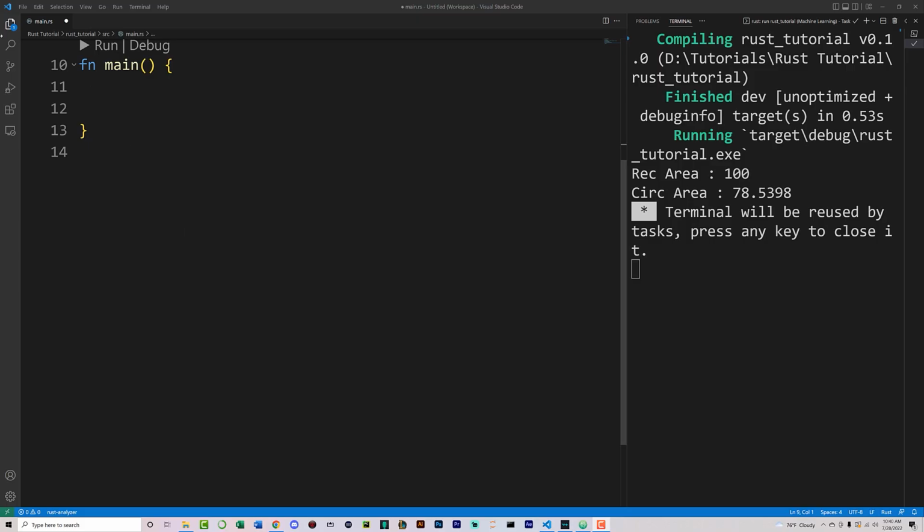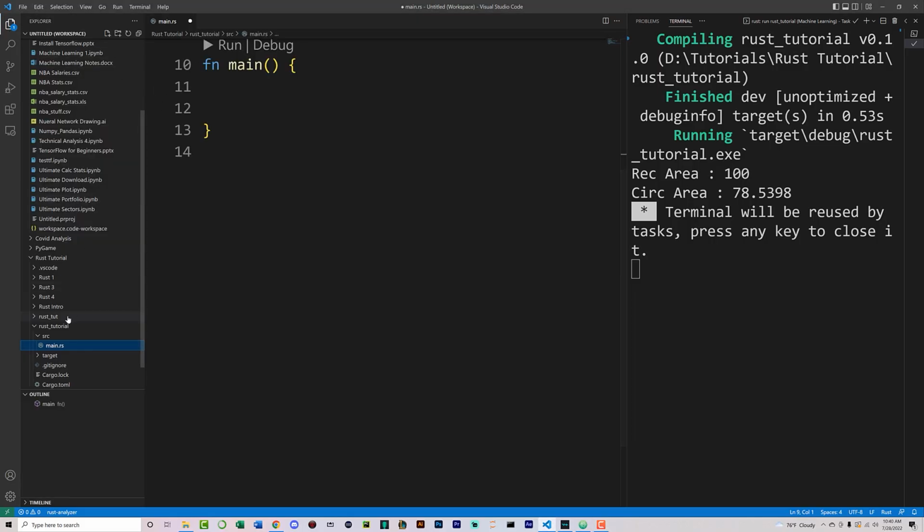Now, what I want to do here is I actually want to go and create a new folder inside of the source directory. So I'm going to go up inside of here and click on that. And I'm going to use what is considered to be a common way of introducing new people to these type of modules and crates and so forth. I'm going to use a restaurant example. And basically, it's going to break the code across multiple different files